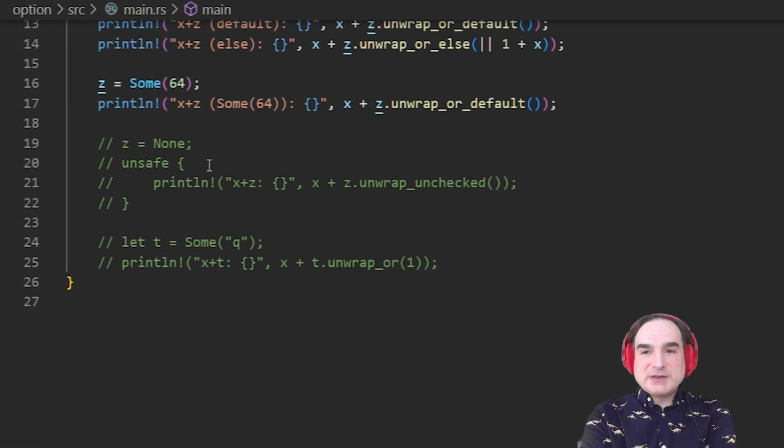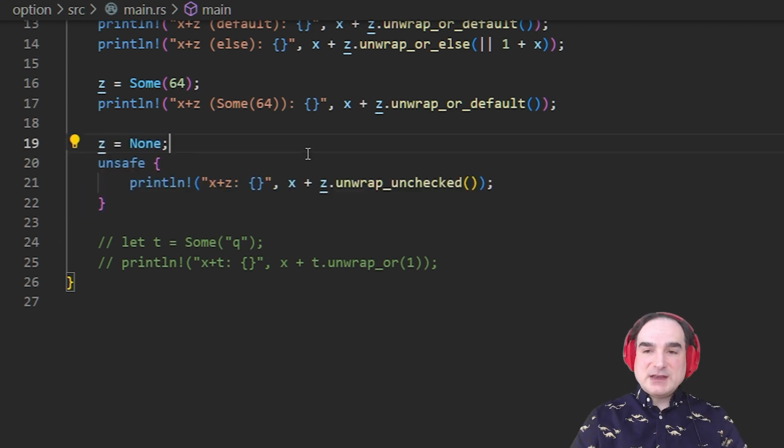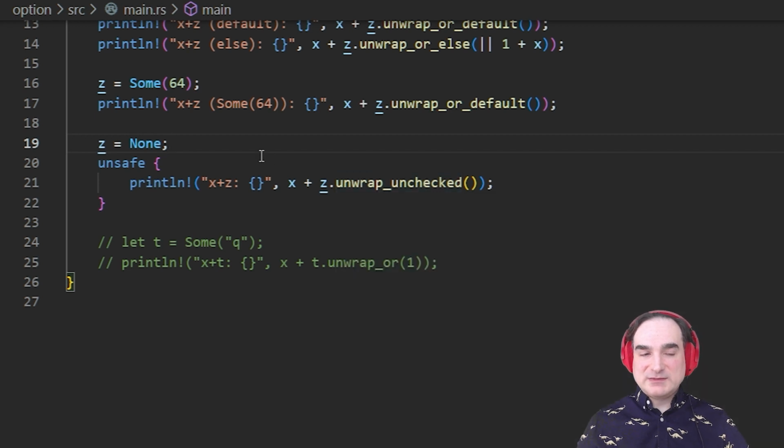There's a couple more things that are worth walking through here. The first is there is another unwrap method named unwrap_unchecked. What this does is it unwraps an option value without performing any safety checks on it. That is faster, but it's at the expense of program safety. One of the things Rust emphasizes is safety. And since this is an unsafe operation, we have to explicitly declare this. We have to wrap it in an unsafe block, something Rust forces us to do in situations like this.